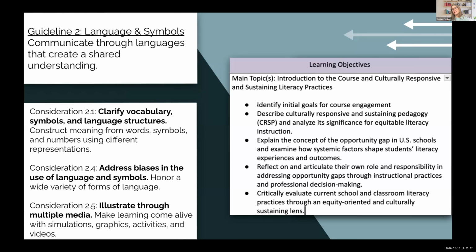And then another thing that I did where we lean into this idea of a shared understanding is we begin this session by identifying our initial goals for course engagement. In this course, we have an expectation that we are all engaging in the course content. But I thought it was pretty important for us to figure out what engagement looks like in our different groups. And so whether my students are attending class,